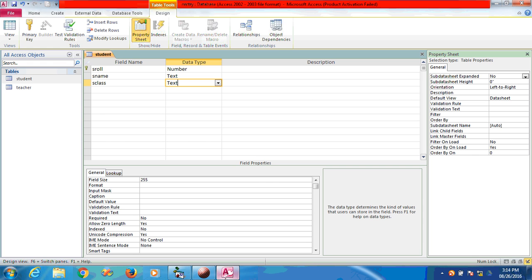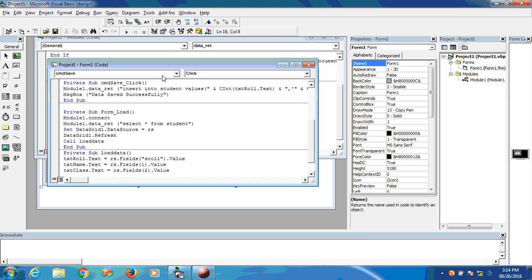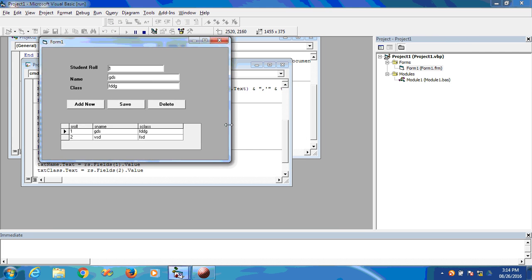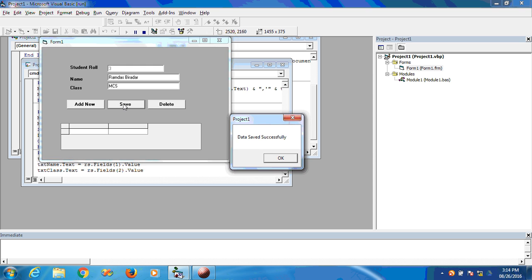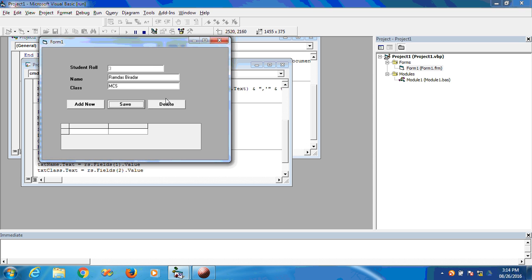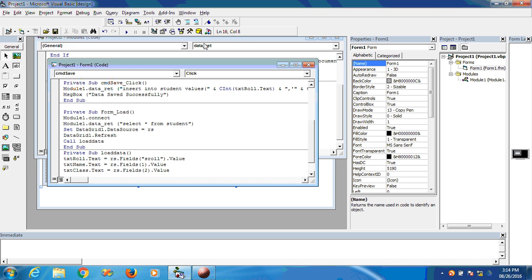Execute. Okay, the database is open and executing, connection open. Just add new, insert classes and suppose save. Yes, data saved successfully. After saving the data, the data should be reflected here. So that is what we have to create,